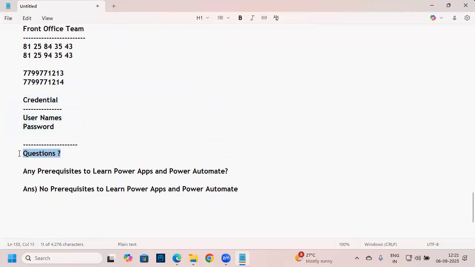Now we'll go to the questions, guys. The most commonly asked question from the students: is there any prerequisite to learn Power Apps and Power Automate, or the complete Power Platform? The answer is no. Strictly, the answer is no. There is no prerequisite to learn Power Apps and Power Automate or the complete Power Platform. Why? Because in the Power Platform,